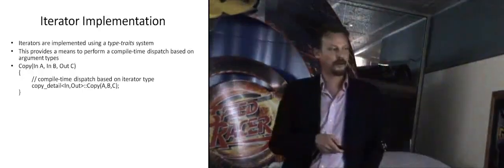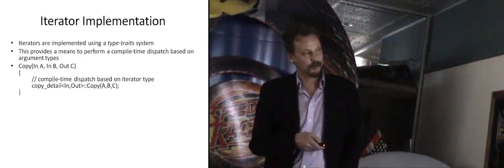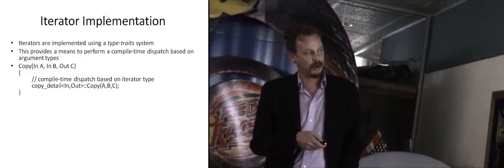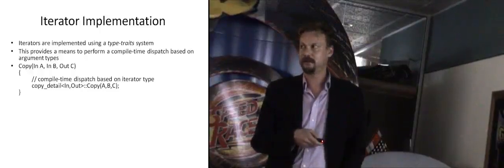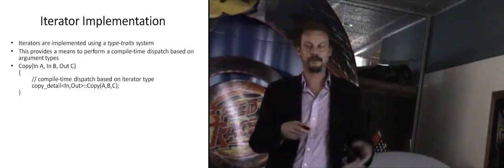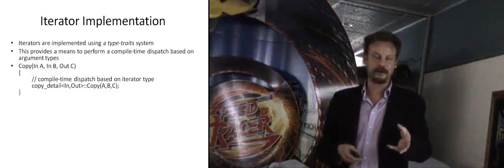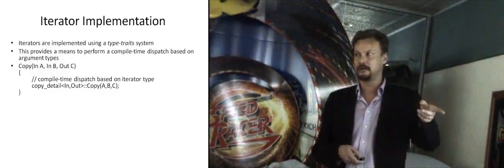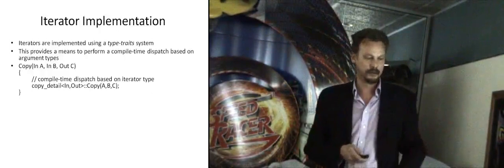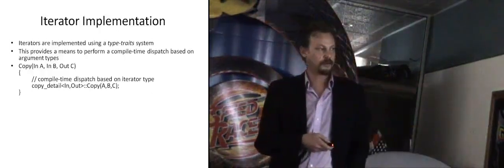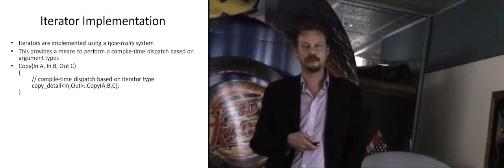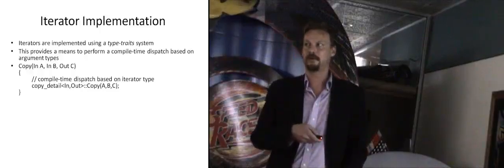So the take-home point here is that the types that are actually used on the call that you've made to copy are fed as input into a system, which then goes away and does work at compile time to generate the code to actually perform the copy. So the actual code itself is determined at the point of the call. It isn't predetermined.